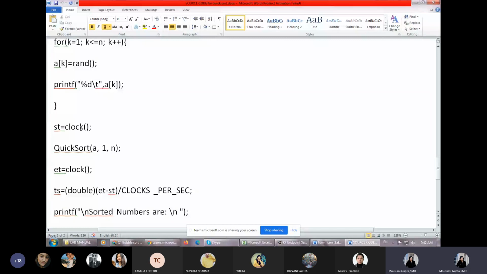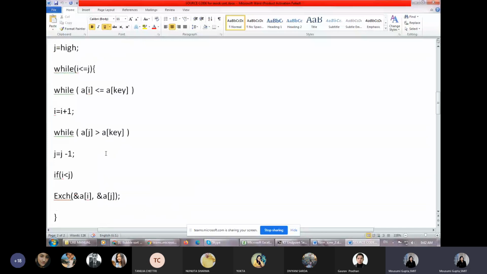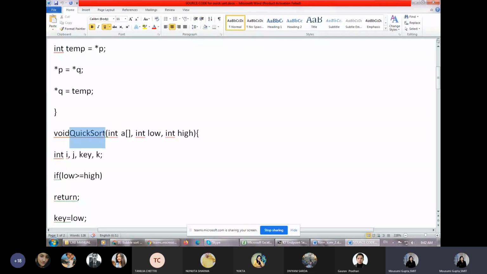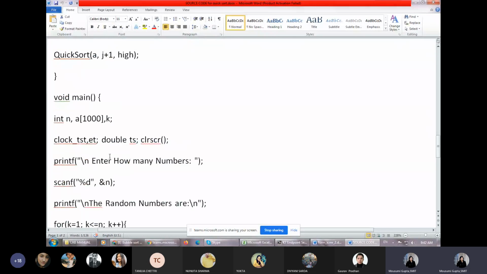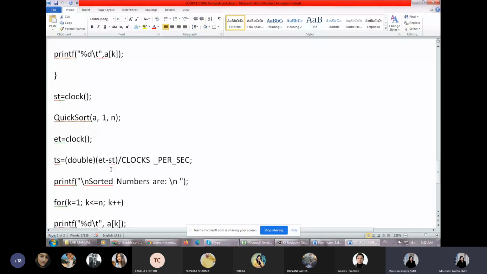After that, we call the function, like quick sort. That function has been written over there. Similarly, you need to write insertion sort and bubble sort, and call that sorting technique over there. After calling the function, it ends the stopwatch. Then TS is the time in seconds, which we calculate as end time minus starting time, divided by clocks per second. It will produce the value per second.